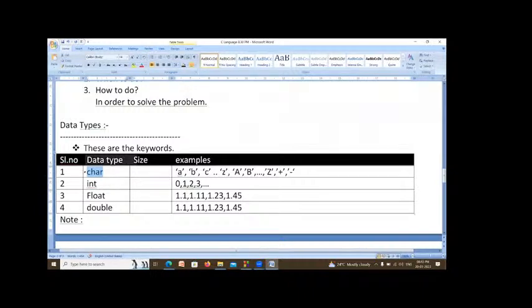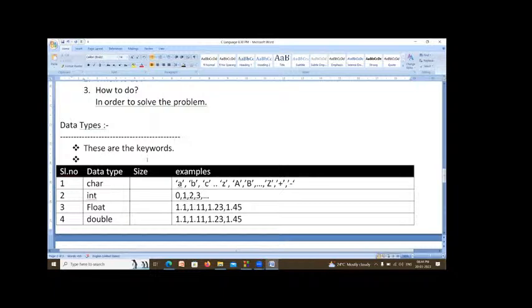Character is a name which was already defined in C. Integer is a name which was already defined in C. Float is a name of the data type that was already defined in C. Double is a name of the data type that was already defined in the C language. So predefined words, predefined names, those are called keywords.